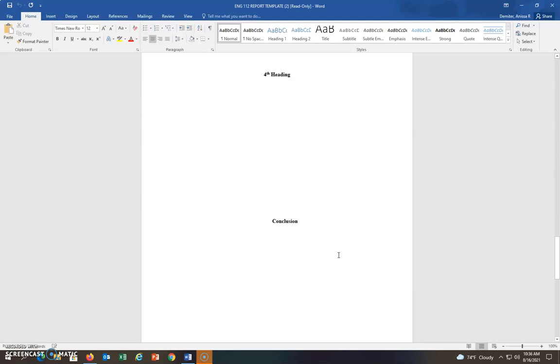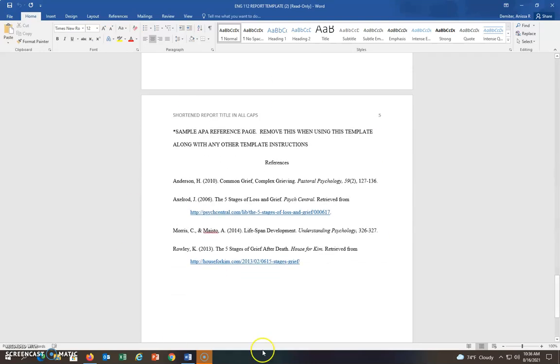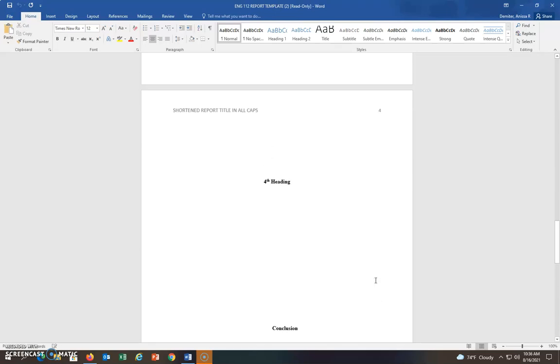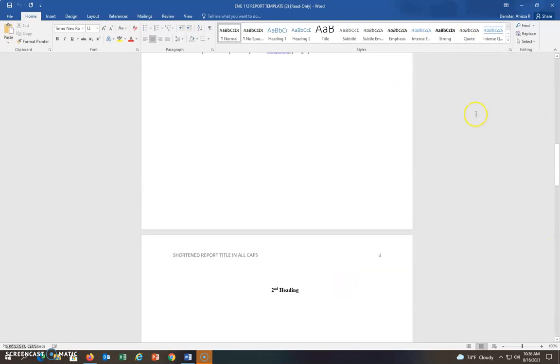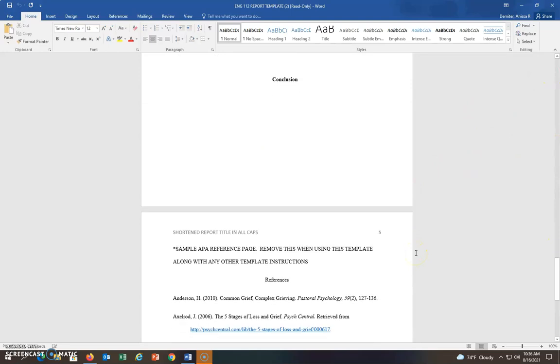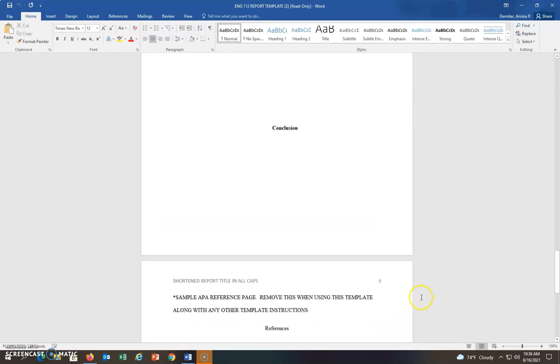Just like this. Okay? And it gives you a sample reference page here. Obviously, you would remove this and put your own, but it gives you a sample reference page, APA, and shows you kind of what they look like. But again, you're getting your sources from the databases, and once you click on an article, in the right corner of that article, there's a cite tool. Click on it, then click on APA, then copy and paste it right here. And you're good to go.